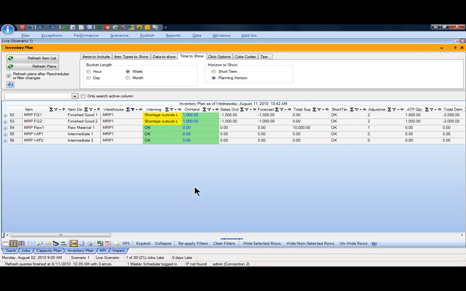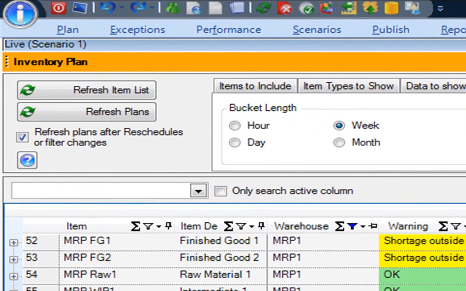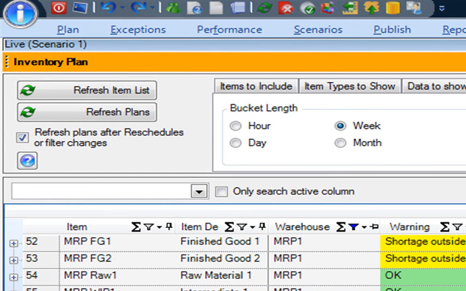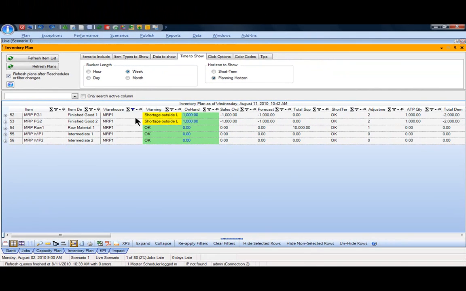Now, as you know, in the APS there are several different ways you can look at the same production plan, and we're starting this video on the inventory plan screen, where basically I've got it filtered down here to look at a particular warehouse just for a few sample items that I'm interested in planning for. Great thing about a grid like this is right away I can see where I might have some exceptions. So right now I've just loaded in my independent demands for my finished goods, my inventory positions, and so I have a couple of exceptions here in my warning area